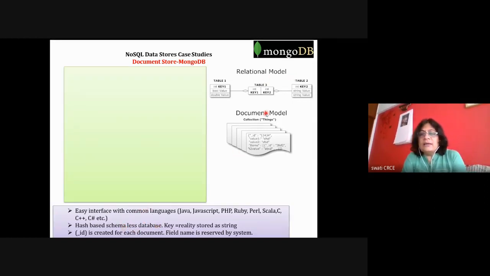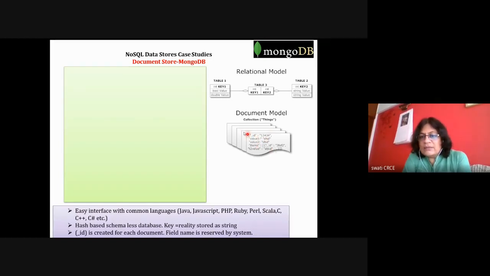See here in the diagram. In the relational model you have keys and references created, but it is not like that in a document store. You have a collection of documents, and every document has key and value pairs.